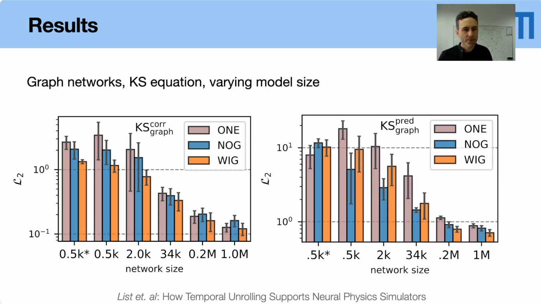Now, here's another case where we look at the same data set, but with a prediction task. The previous one was a correction, a lower order solve. The right side is no simulator anymore. And interestingly, in some cases the no gradient version in blue even outperforms the with gradient version, potentially due to the less strong backpropagation unrolling. Both of them are better than the supervised variant. So again, across all these different sizes, the error is generally a bit larger for prediction because the network has to do more. On the left side for correction, the solver takes over producing a part of the solution. On the right side, we can't rely on this. But if you're interested, we also looked at this for other problems, Kolmogorov flows and airfoil flows, in our paper. But as a first indicator,